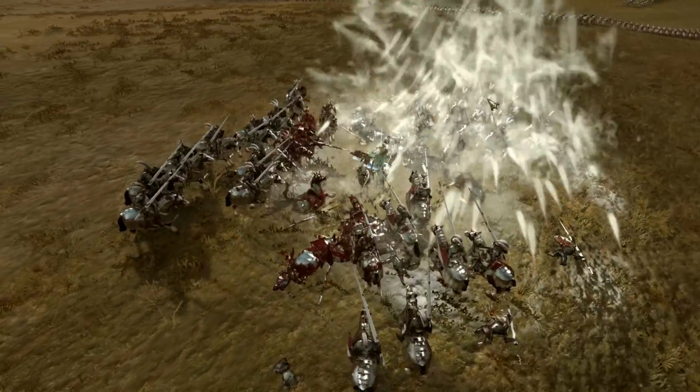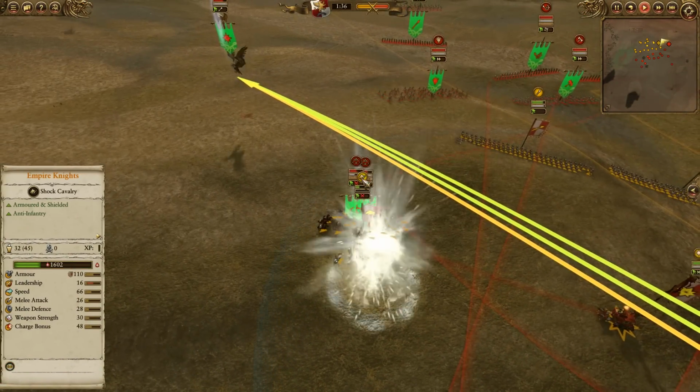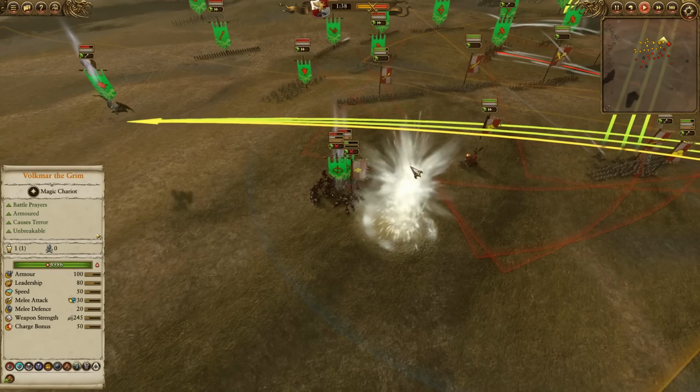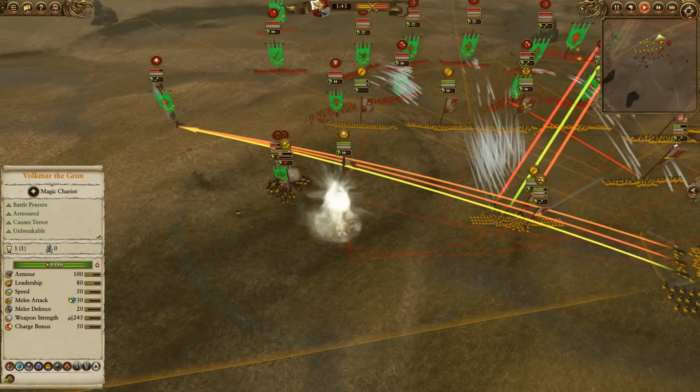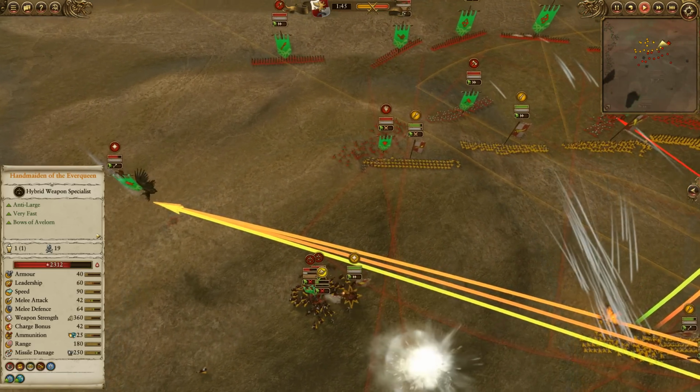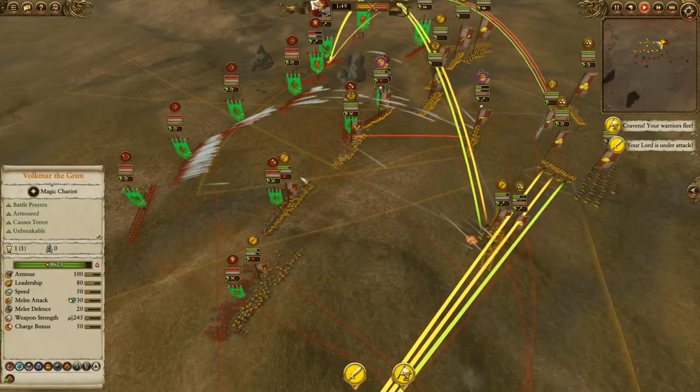They do get charged by the Empire Knights, which they'll take some damage on, but then they themselves have anti-large damage and will beat the Empire Knights in melee, not to mention a banishment being thrown in from Alariel just to put some icing on the cake. And like I said, these guys have taken a lot of damage. The cannon's been focus firing on them as well,